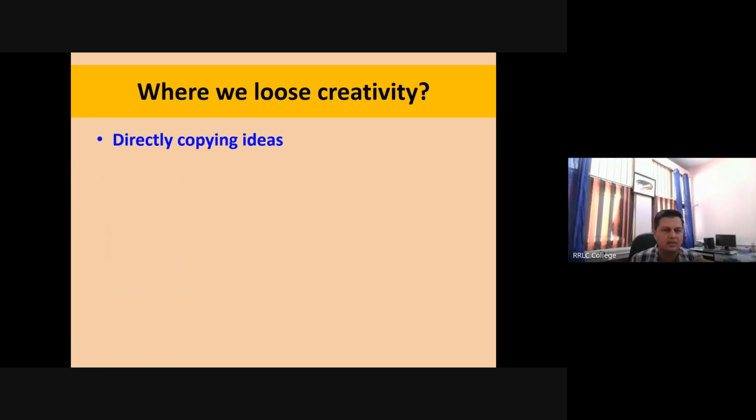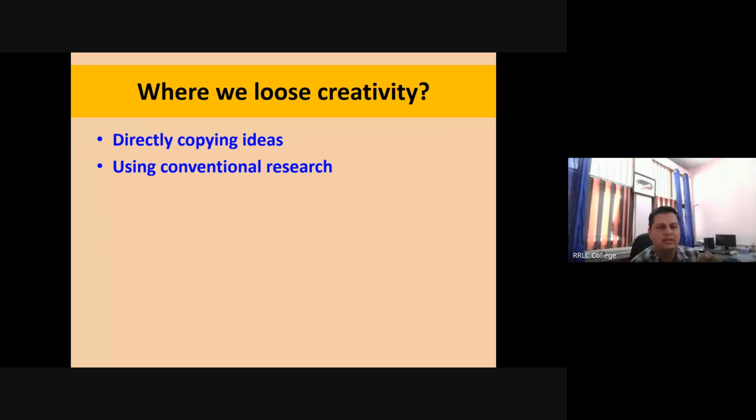We are doing a substance using the same method, right? These are very common things, right? So अगर हम directly copy करते हैं ideas को, then here we are losing creativity because we are not utilizing our mind. We are not utilizing our own new things or new ideas of creativity.